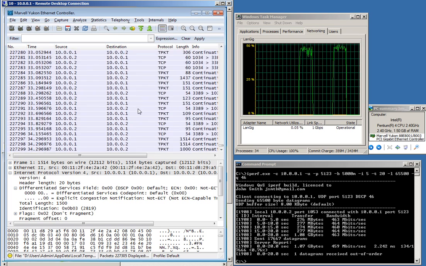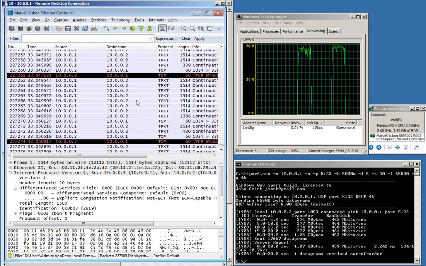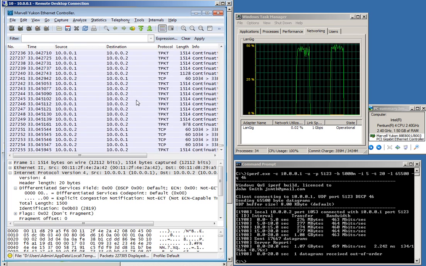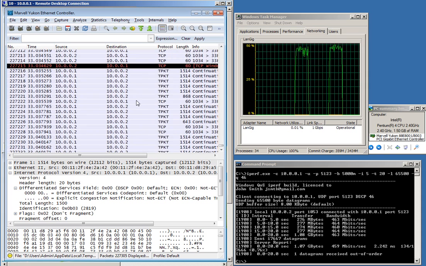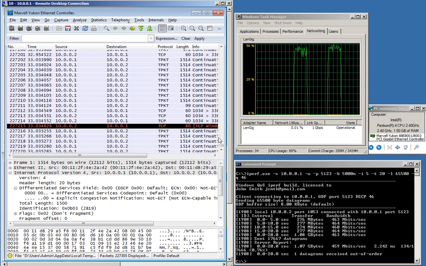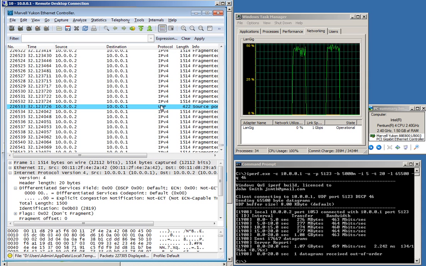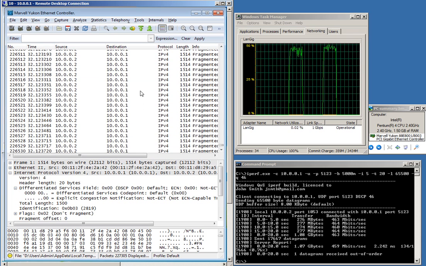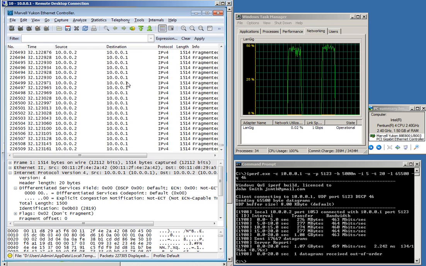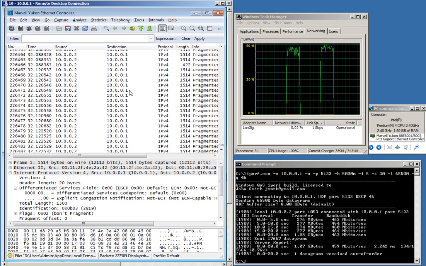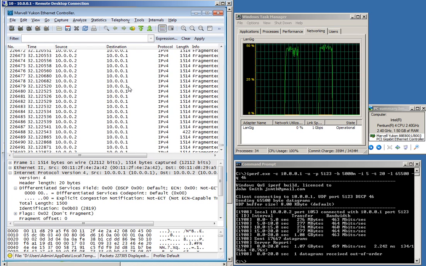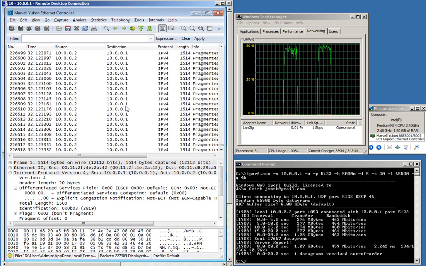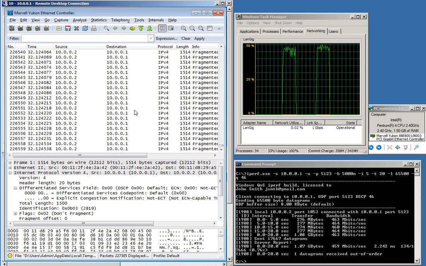So the thing we're looking for is the client is sending a lot of traffic to the server, and it's going to be with the DSCP value we set for the client. But at the very, very end, the server sends back just a bunch of messages to the client, and that's going to have the DSCP value of the server. So we want to catch that inflection point. So this is client to server,